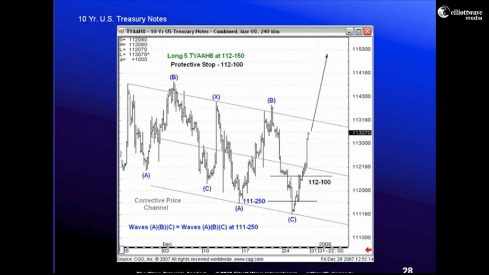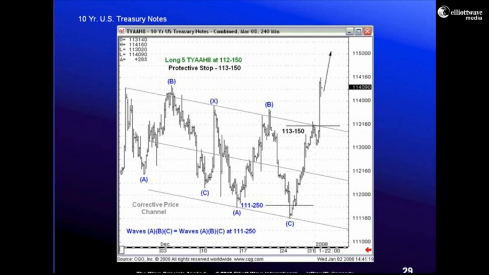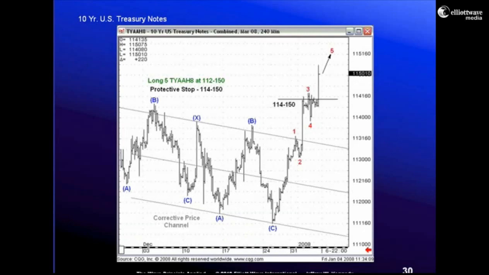Market moves a little bit higher, and each day with each price bar it's continuing to confirm my analysis, which is the strongest position to be in analytically as well as from a trading perspective. And as the market moves up, I move my protective stops up, typically to either an Elliott wave pivot point or a prior swing high or low. As the market moves up, I continue to evolve my wave count to the upside. I believe what we have in this situation here is 1, 2, 3, 4, and 5. And as the market moves up, I move my protective stop up.